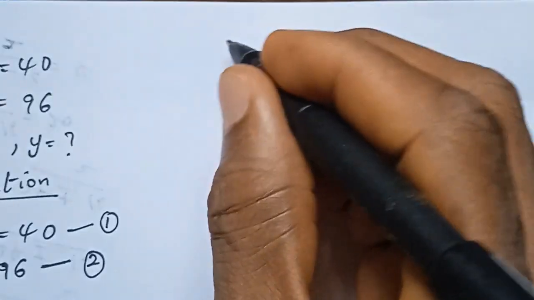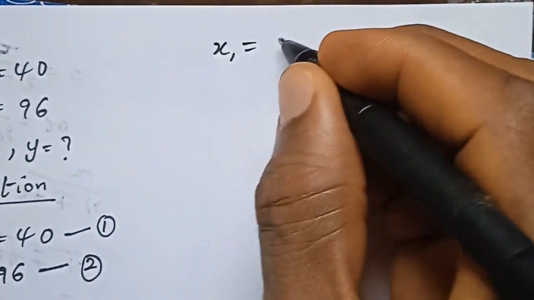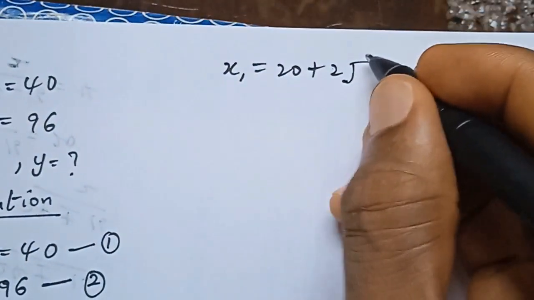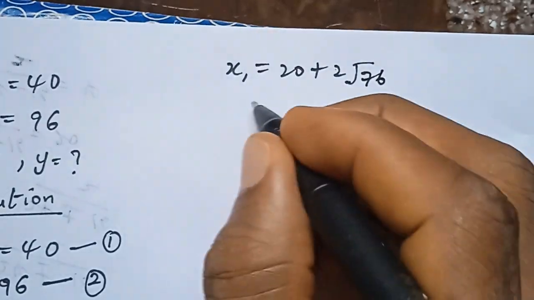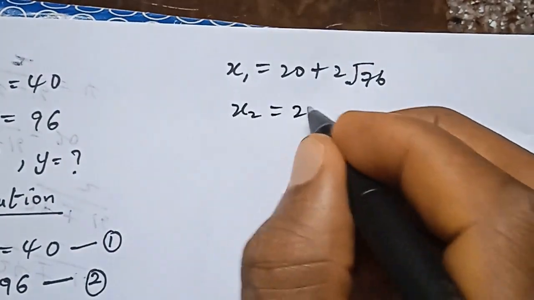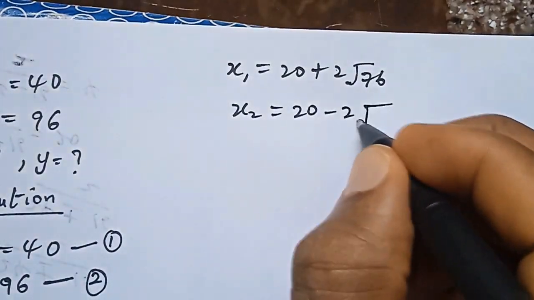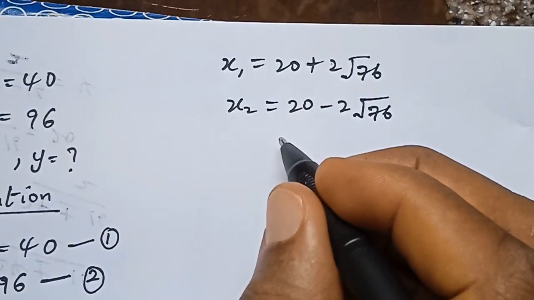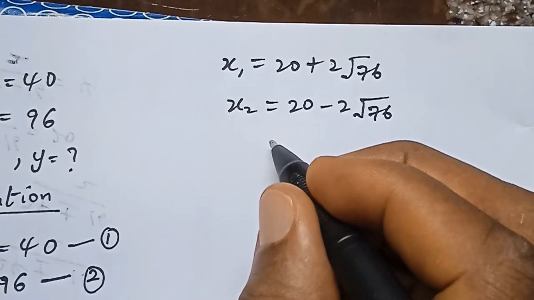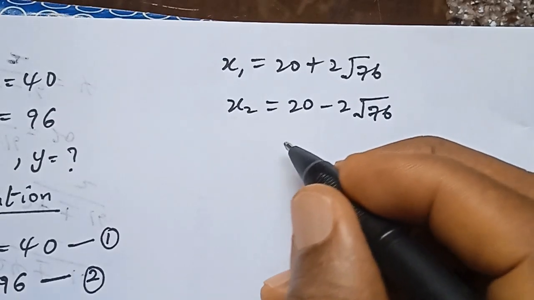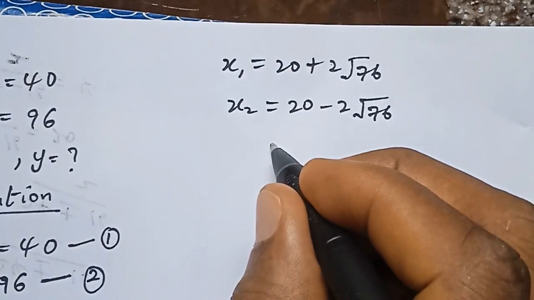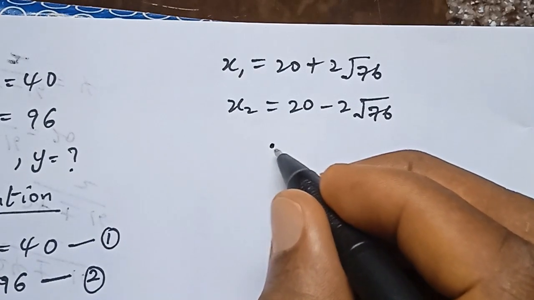Okay, so now I have the values of x1 and x2. We have x1 equals 20 plus 2 square root of 76, then x2 equals 20 minus 2 square root of 76. So we need to find our y. To get our y, we use our formula, y equals